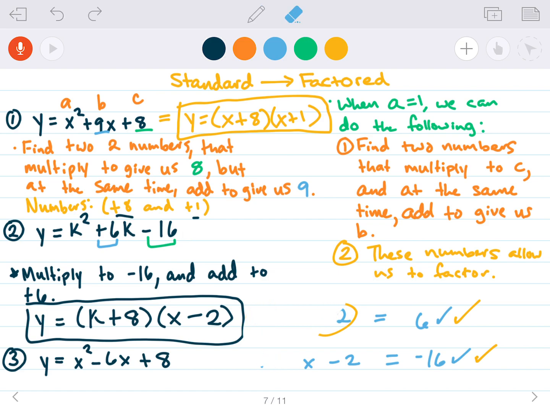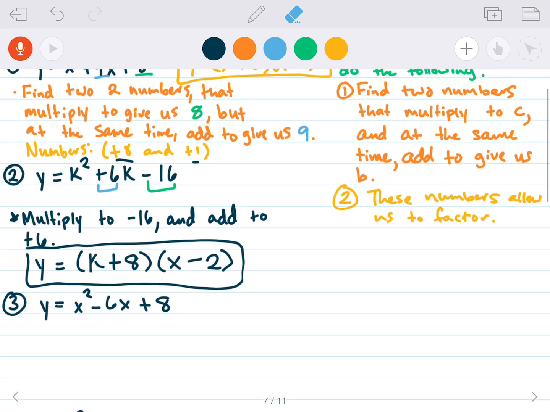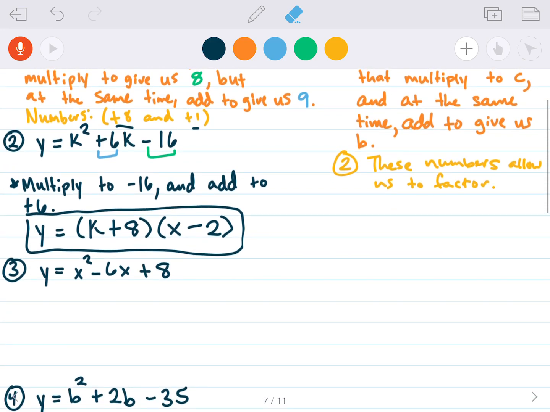Okay, let's try the next one. I encourage you to pause the video, see if you can do this one on your own. So our setup is going to be, again, our answer is going to be in this form, those two binomials. Again, our a value is 1. And so we want two numbers that multiply to positive 8 in particular, and add